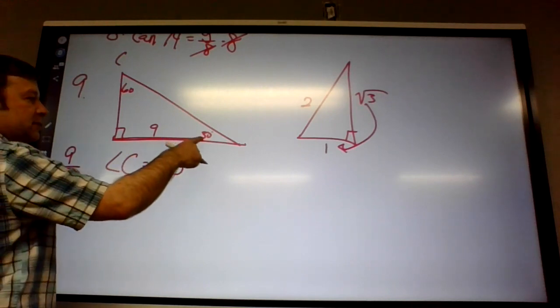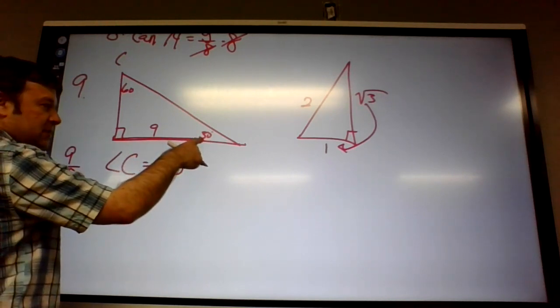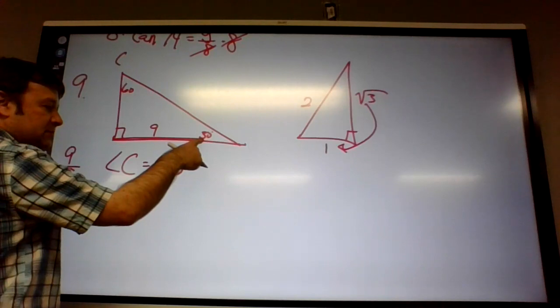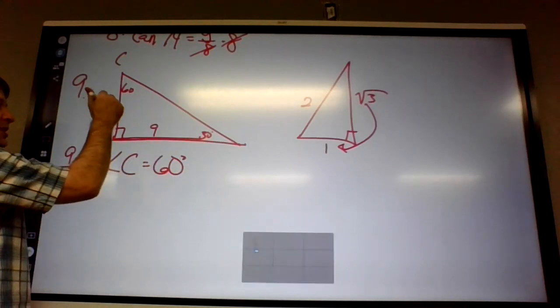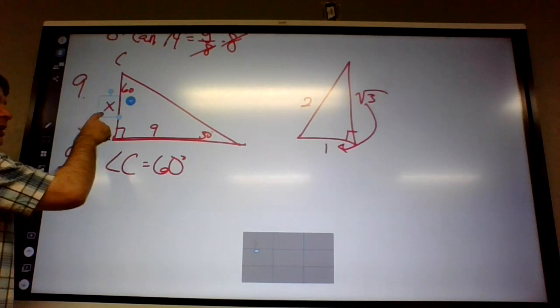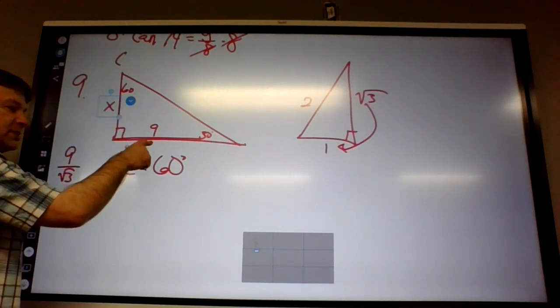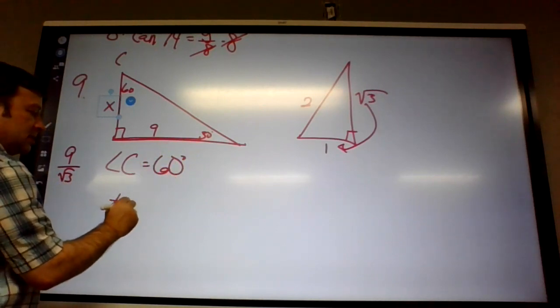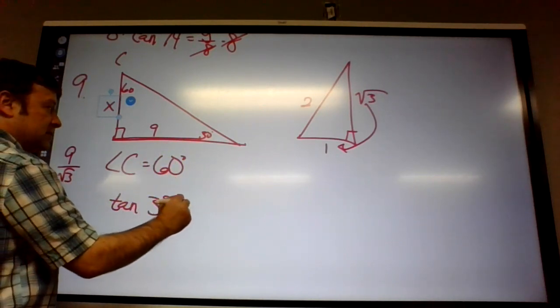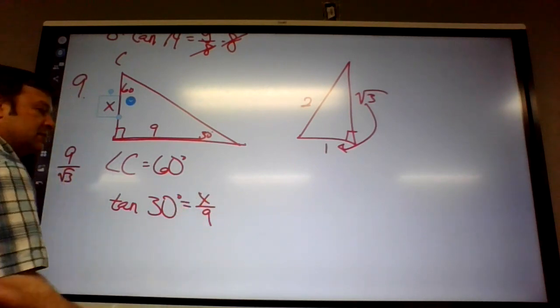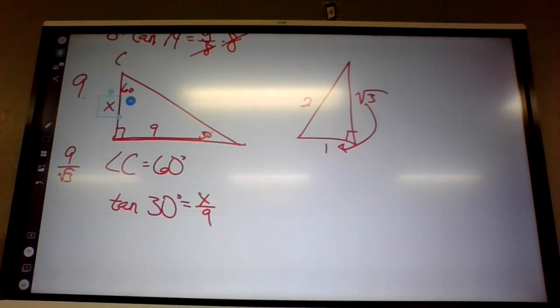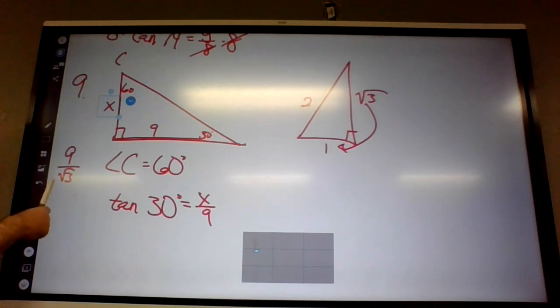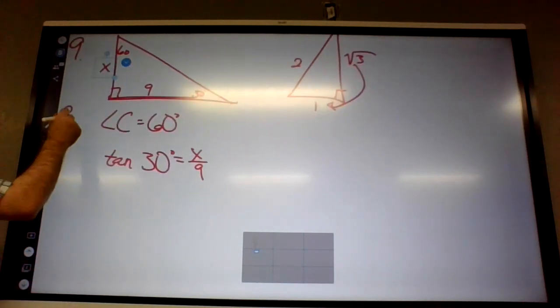Now, we could also do trigonometry relative to this angle. What side are we looking for? Opposite, and we have the adjacent. So you could do tangent of 30 equals opposite over adjacent, kind of like the one Issa just did. So you could do tangent of 30 times 9, or you could do 9 divided by square root of 3, which is